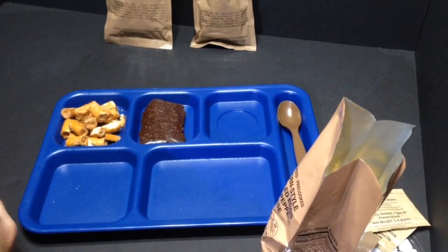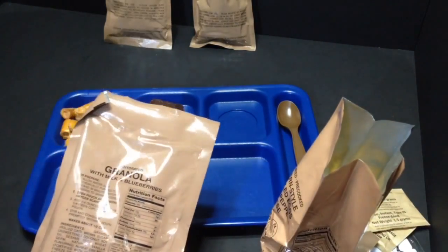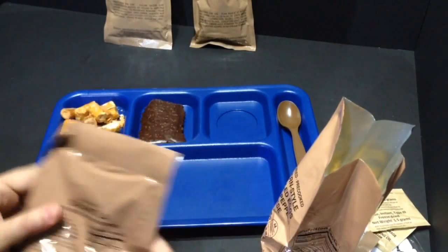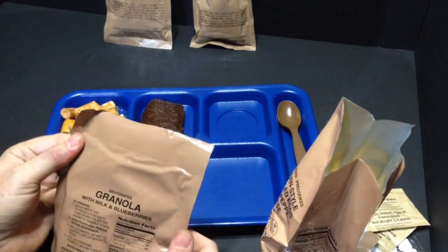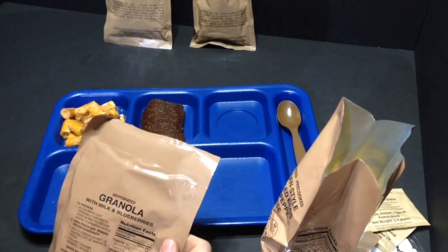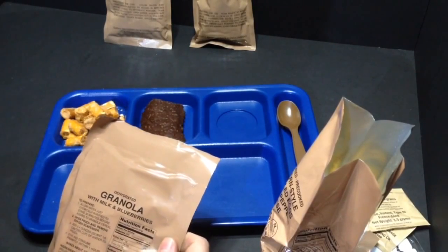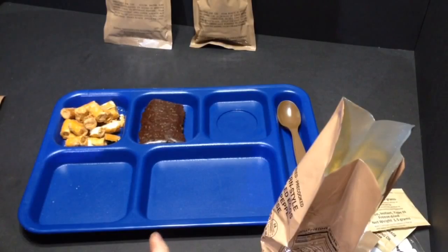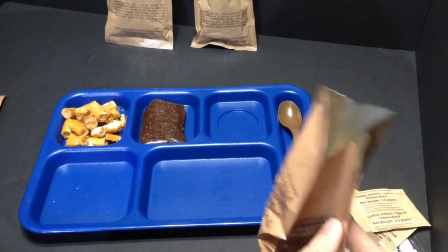And then next there's our granola. It'll probably fit in there. We'll go ahead and try it. We won't dump it all in if that's the case. Here, the microwave just went off. That means the water for this stuff is done. Let's go ahead and get that going. We'll come back to the granola. Okay, let's go ahead and do our